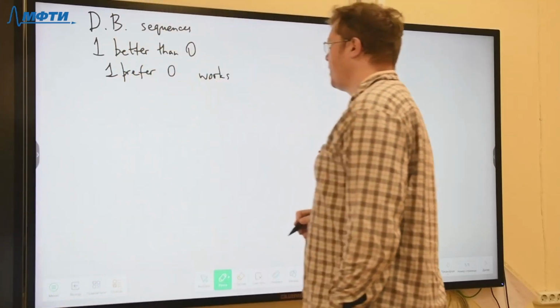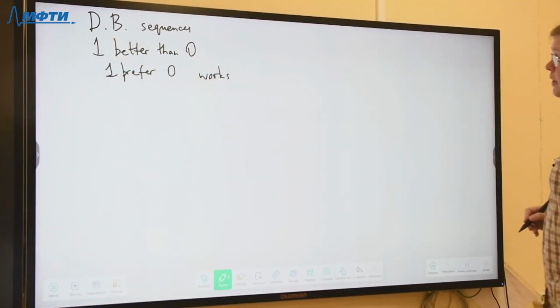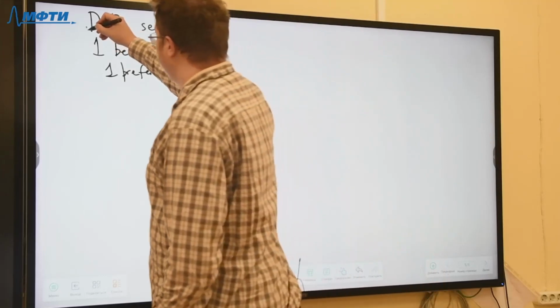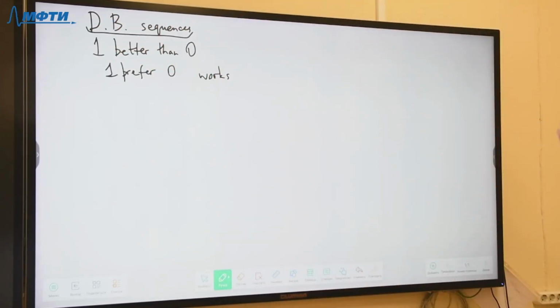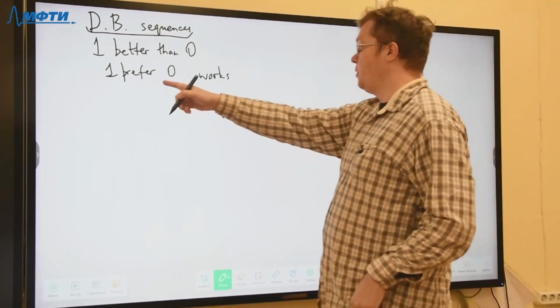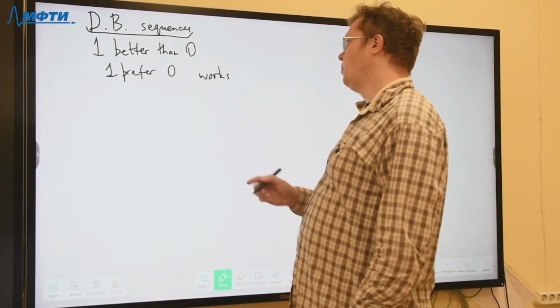By this algorithm, I mean that we want to find the sequence that contains all subsequences of length n of zeros and ones, and these subsequences are met exactly once. And so if we want to provide this algorithm,